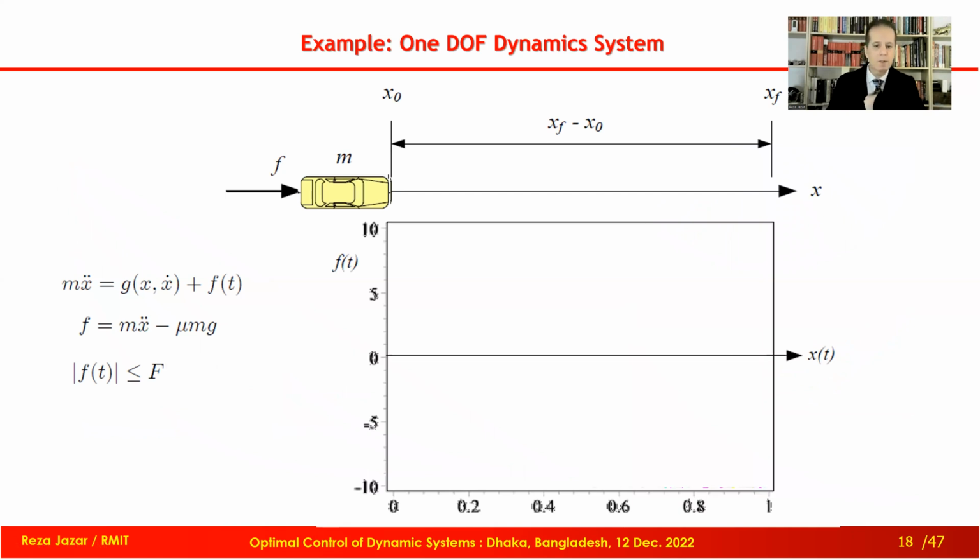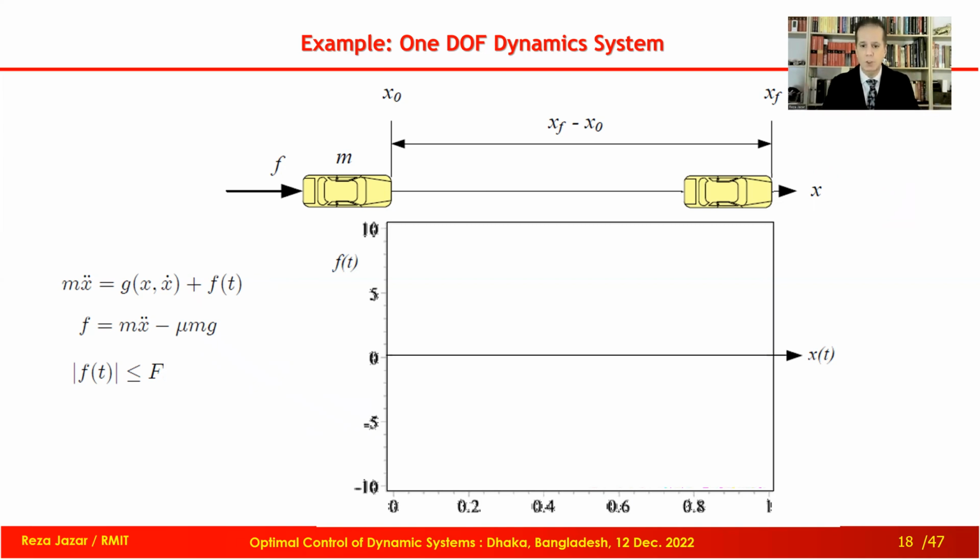Our problem is moving a dynamic system from one point to the other point. As an example, a simple one to introduce the method, let me focus on a mass. Here, top view, the mass is, for example, a car. Look at the car. The car is going from x0 to xf, so the distance and the path on the x-axis is given.